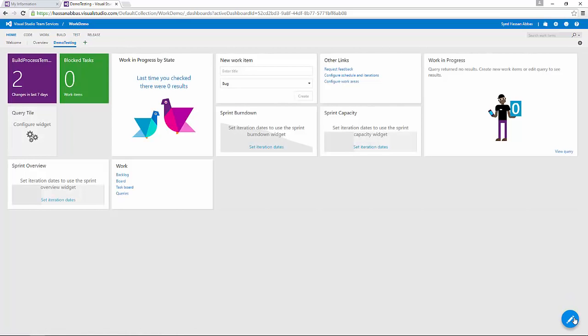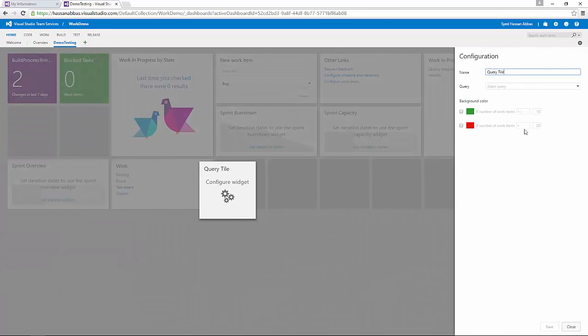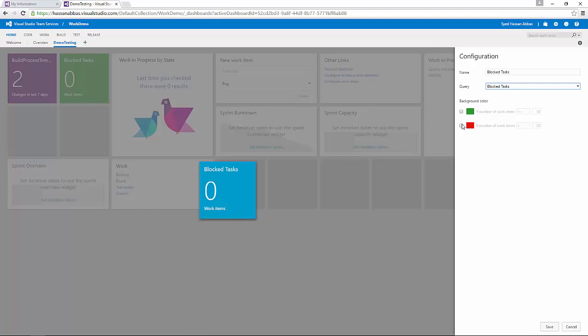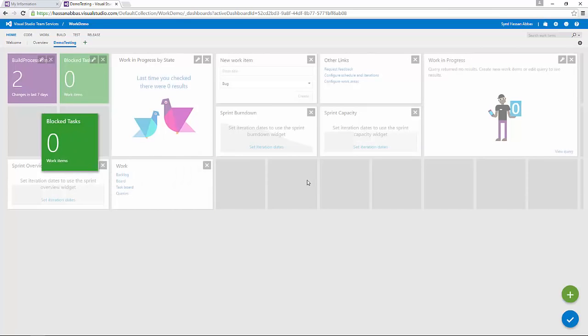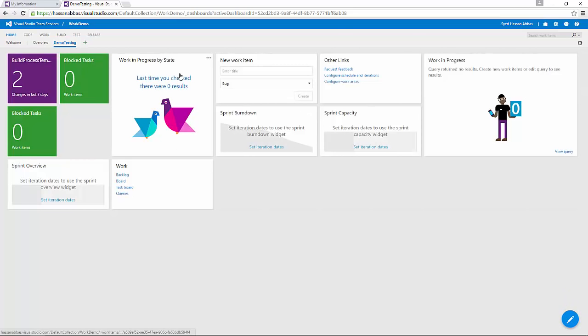Okay, so I'm going to take it, and this is just a rough dashboard at the moment, but this one we didn't configure, and we can just select the QD blocked, and if the blocks are greater than 1, I want to see it red, or if it's equal to 0, I want to see it green. Okay, so I think we are all set. We can drag and drop stuff up and down if you don't like the way it's placed. So this is giving you a nice dashboard. Okay,